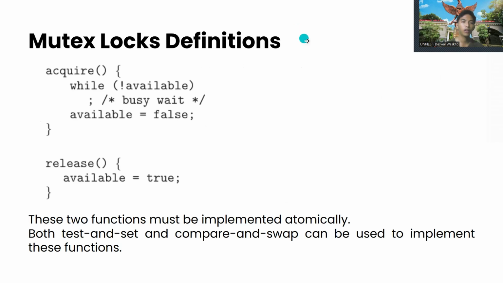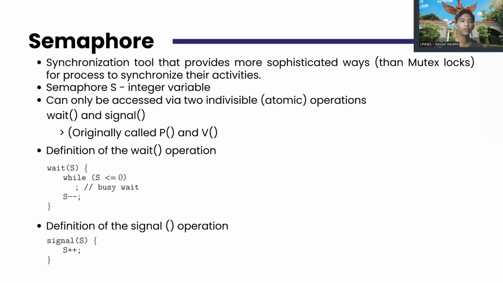The mutex lock definition: these two functions must be implemented atomically. Test-and-set and compare-and-swap can be used to implement this function. And then we have semaphores, synchronization tools that provide more sophisticated ways than mutex locks for processes to synchronize their